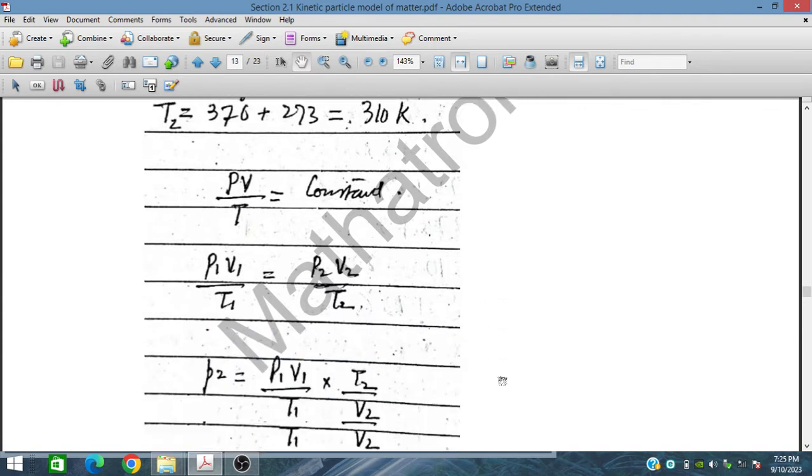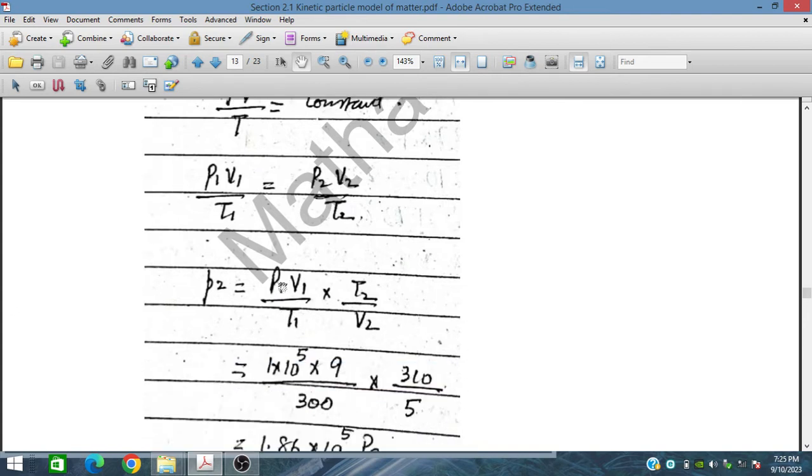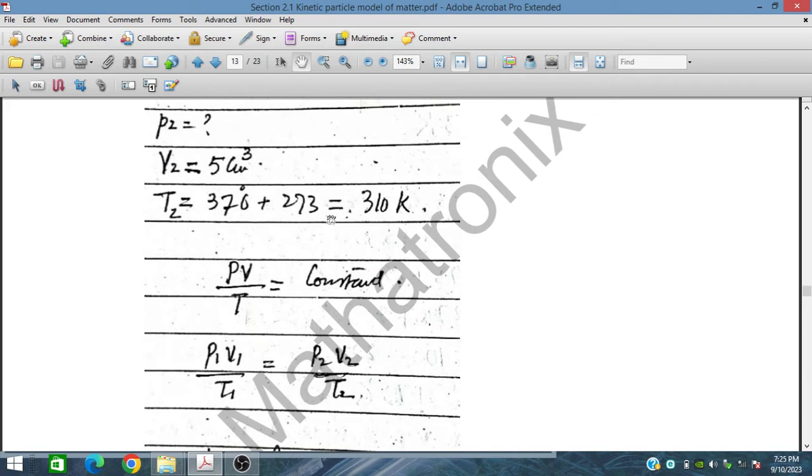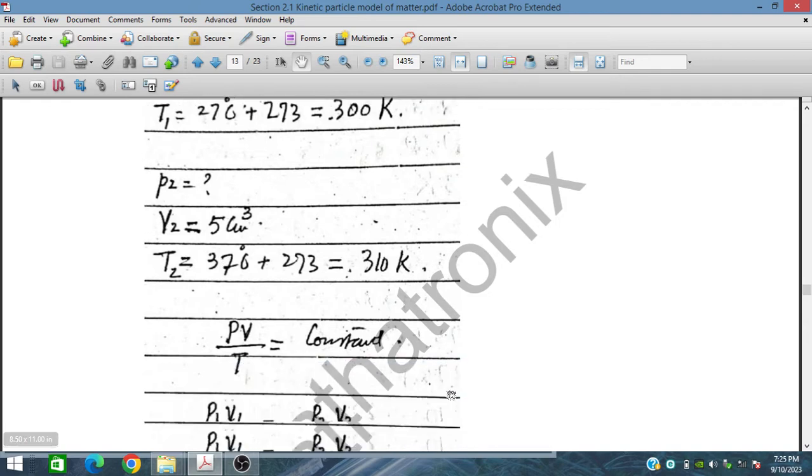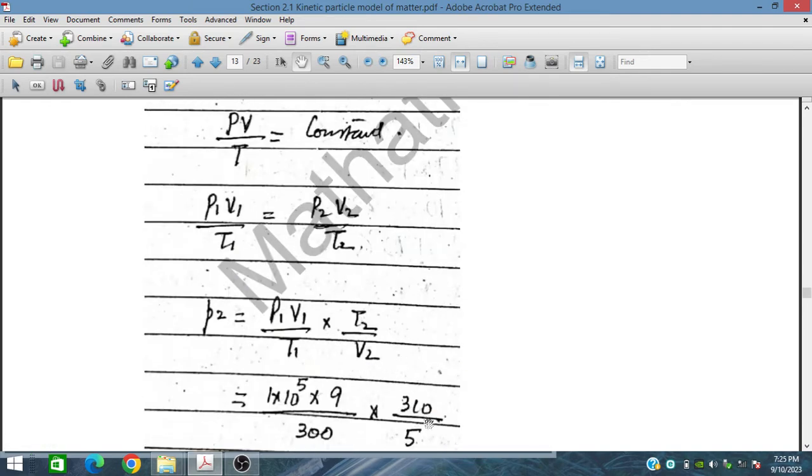We have to find P2. So P2 is equal to P1 V1 upon T1, multiplied by T2, with V2 in the denominator. So we will substitute these values of P1, V1, T1, V2 and T2 in their respective places,